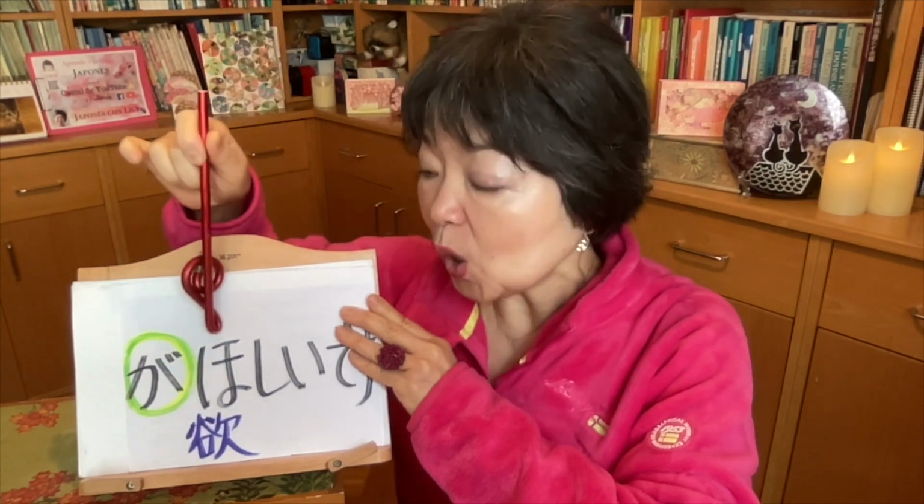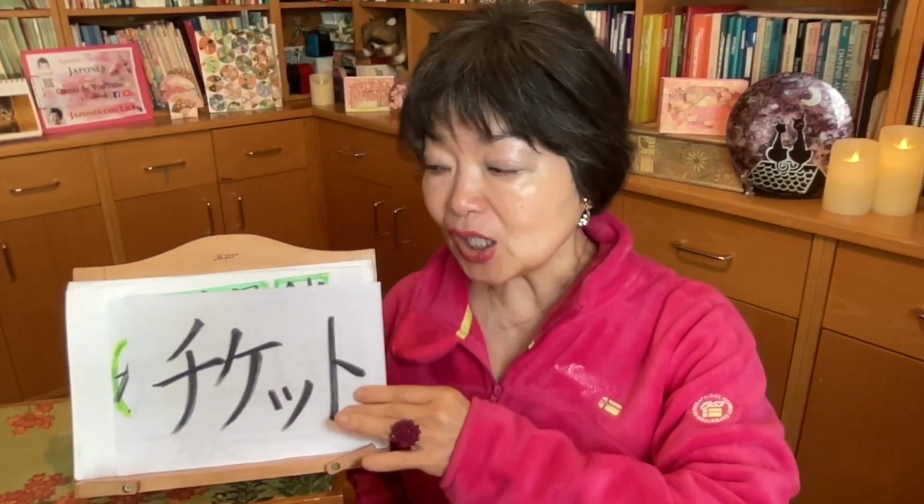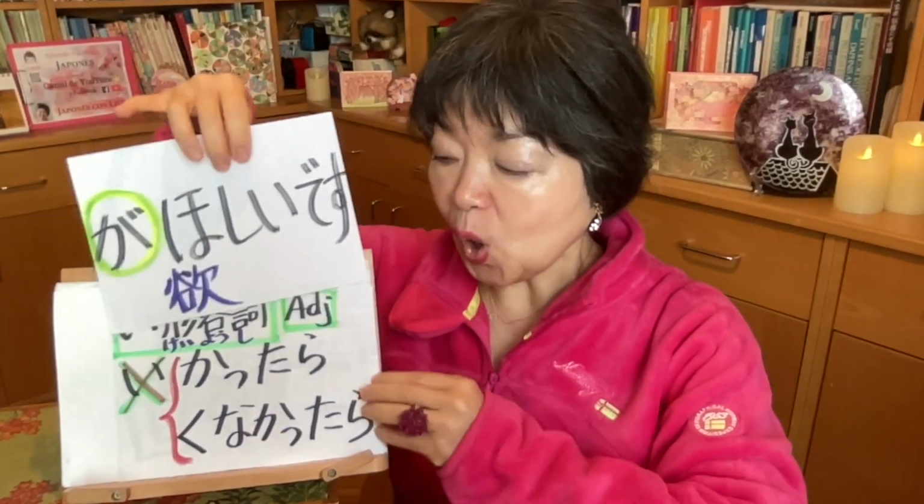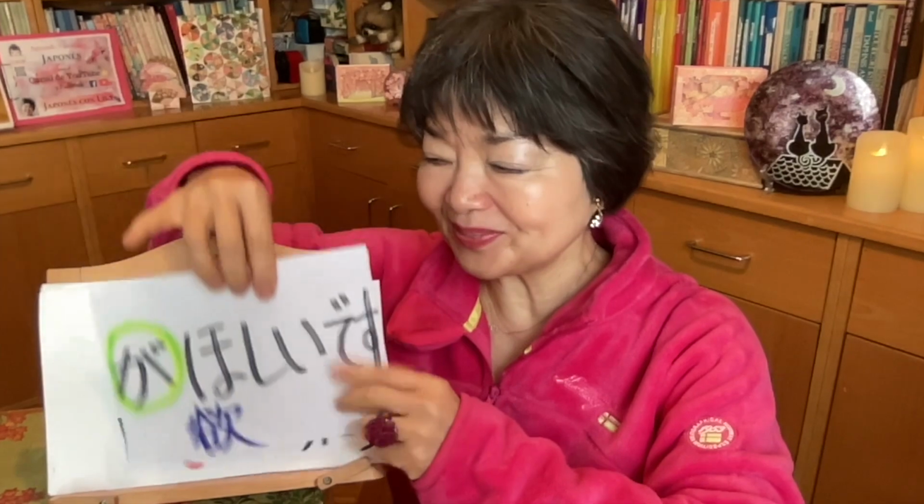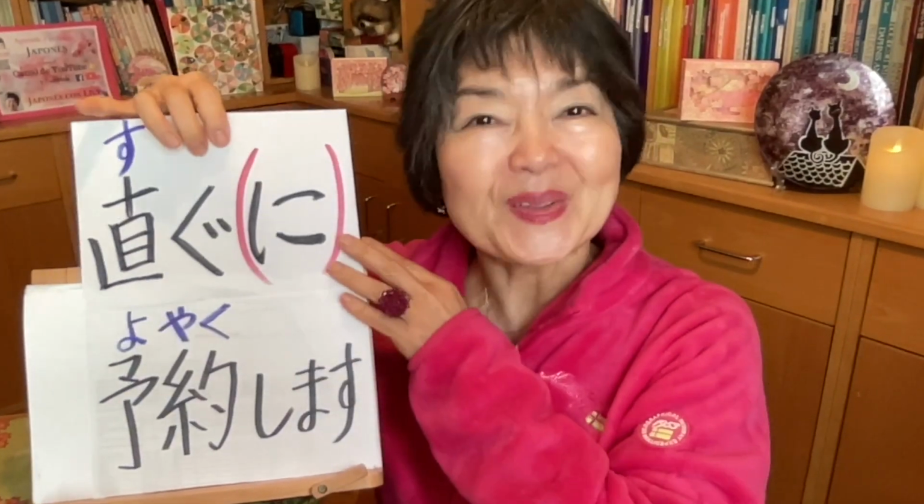So something が欲しいです。If I say I don't want this thing, 欲しくないです。And in this case, if we want the concert tickets, so we must put in the past tense. 欲しかったら。コンサートのチケットが欲しかったら、すぐ予約しましょう。